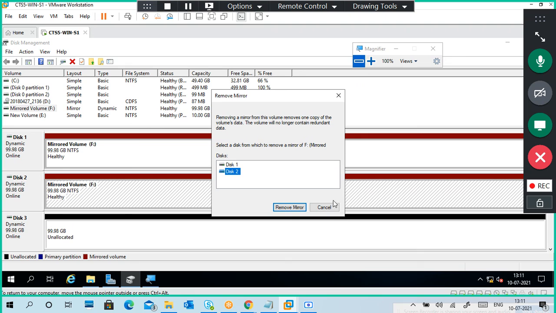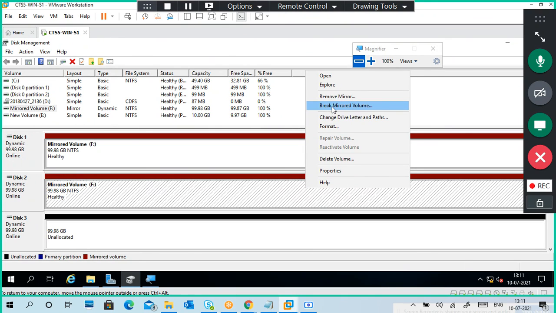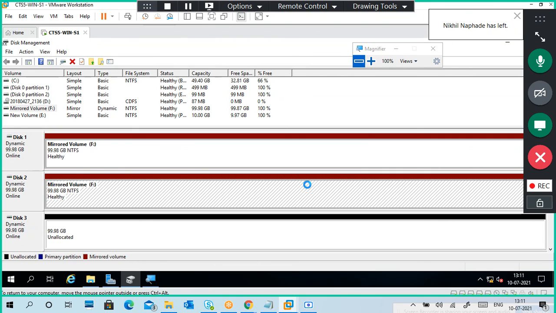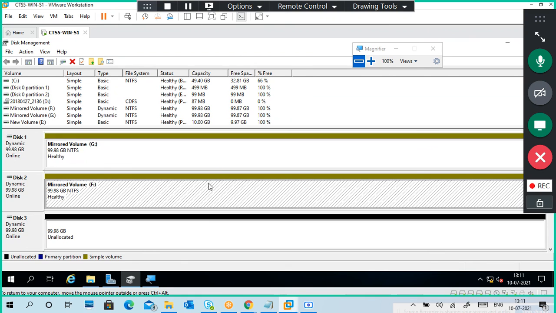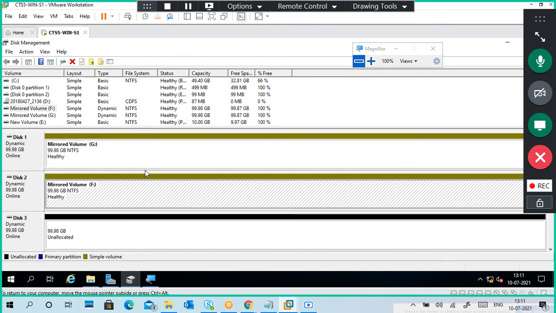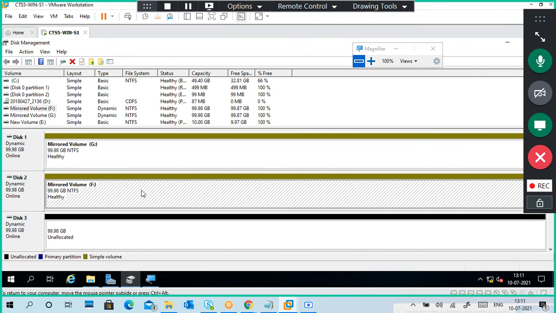Okay, you can remove the volume mirror also. Like you can remove one mirror also, it's possible. It's not breaking the mirror volume. For example, if I click on break volume, yes. Now it is G drive, F drive. Can you see? This becomes G drive, this is F drive. This is the break mirror volume. Now I think it got updated with breaking and reactivating.